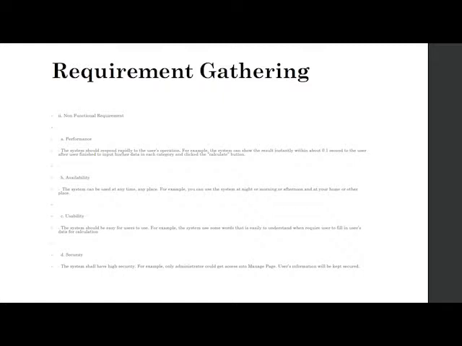The third one is usability. The system should be easy for users to use. For example, the system uses some words that are easy to understand and will require the user to fill in users' data for calculation. The last one is security. The system should have high security. For example, only the administrator could get access into the managed page. Users' information will be